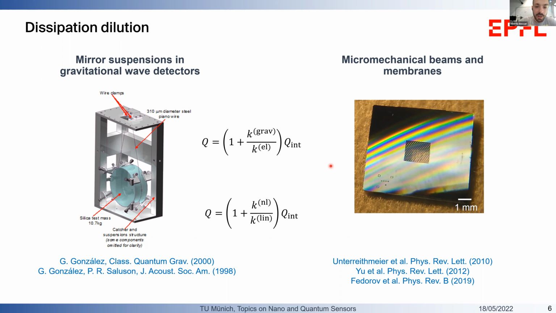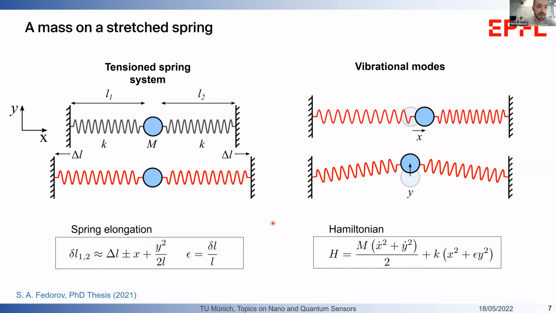And here, the dissipation dilution can be seen to be due both to the stress in the thin film and to the geometric nonlinearities present in the vibrational mode pattern, as we'll see now with a simplifying example or toy model. This is a toy model, which is very simple, but contains all the essential features for